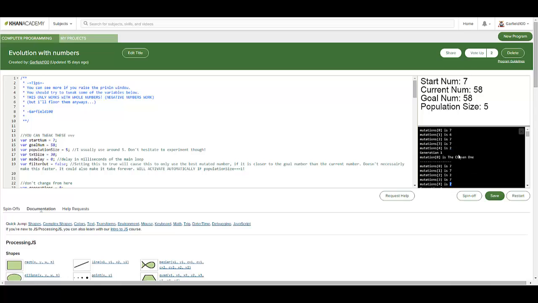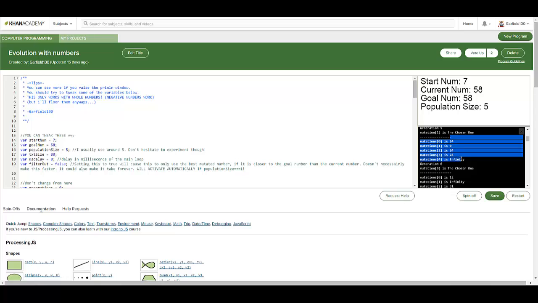Then it tries to get to the number 58, so from all these numbers it looks at the closest number to 58, which in this case is 7, in this case still 7, in this case the number closest to 57 is 17, and then from 17 it derives a few other numbers, and in this case would be 24. More numbers, still 24. More numbers, infinity is too far, so it's still 24.